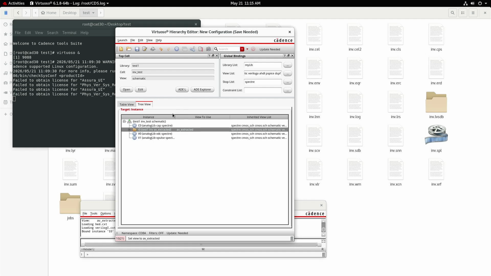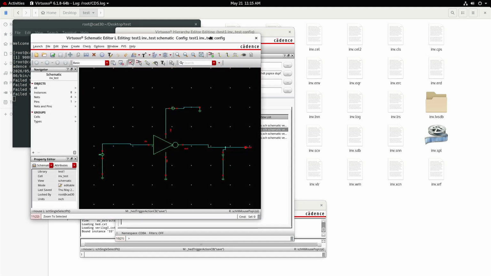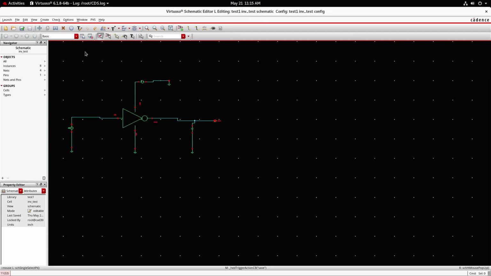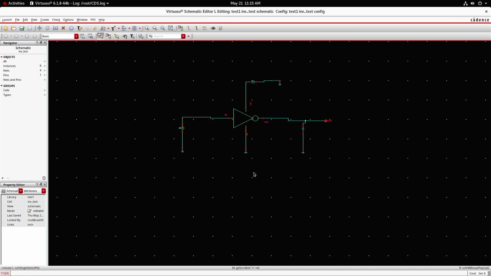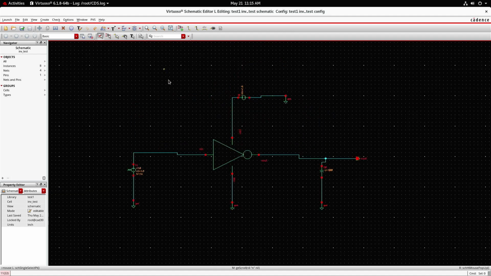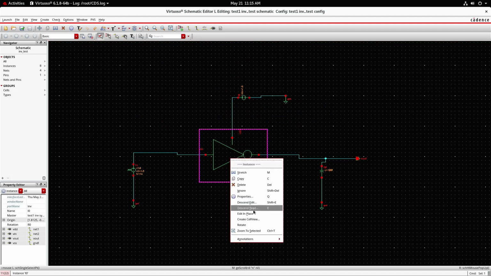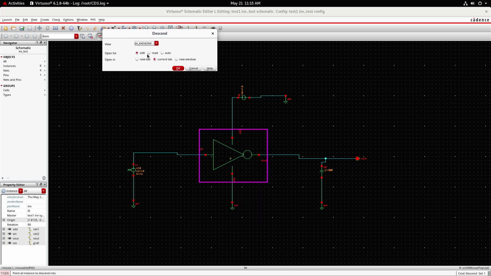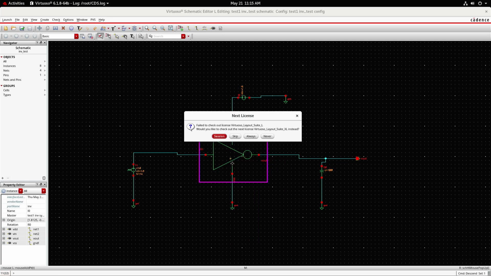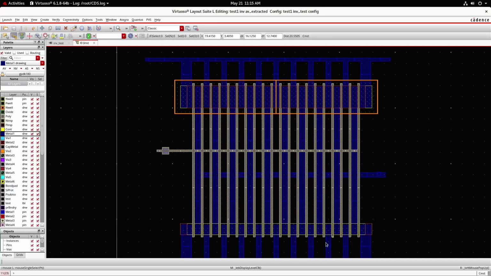Click on this. Now I have made certain changes, save that. This is the common mistake. First you save this, then only open the corresponding window. If I open this, you can see this is the test inverter schematic, test window, test circuit. Now click on the instance I0, then Descend Edit to see whether the setting is done properly or not. Descend Edit in a new tab, say OK. Now it's going to show it is AV extracted. That is, we have done it properly.